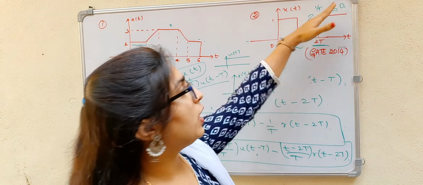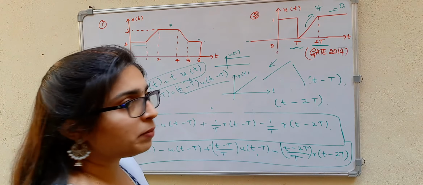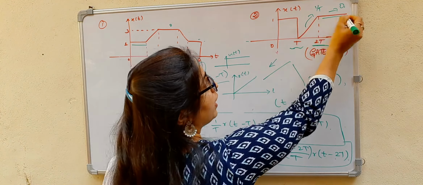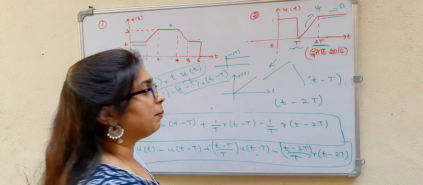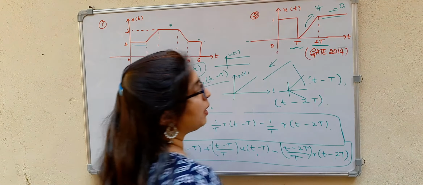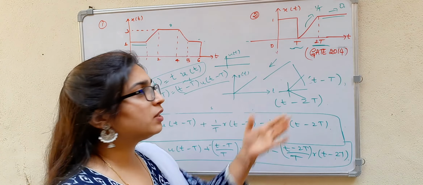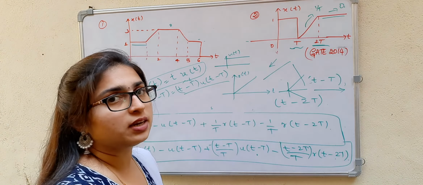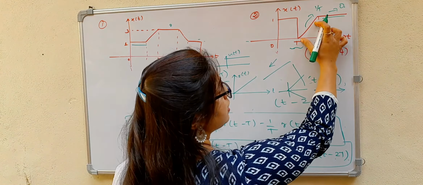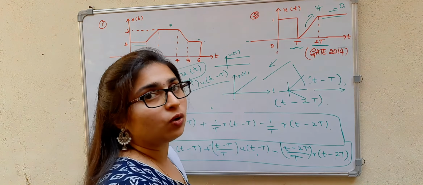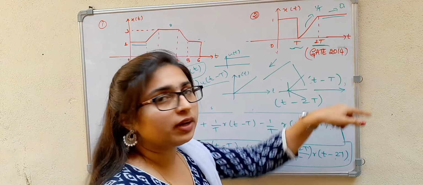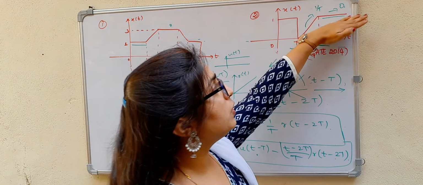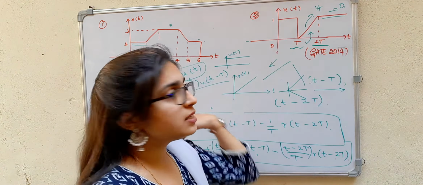Just remember, when you have lines like this or like this, obviously you have a ramp. So here the ramp is positive. To get the 0 slope, you should have a negative ramp. When there is a positive ramp and a negative ramp, only then will the resultant signal have a slope equal to 0, giving you a constant signal as a result. So here the slope is 1 by t. To get the slope 0, you should subtract it, meaning you should have a negative ramp so that it combines with your positive ramp to give slope 0. That is a constant signal.